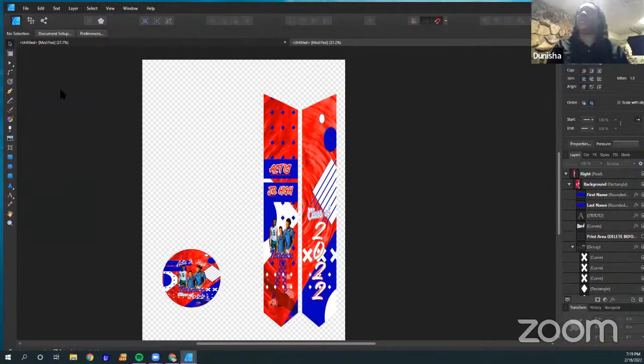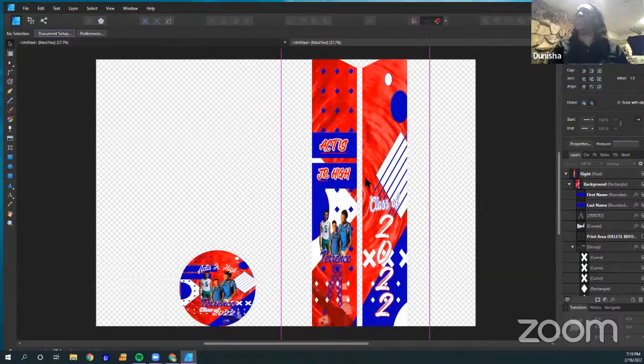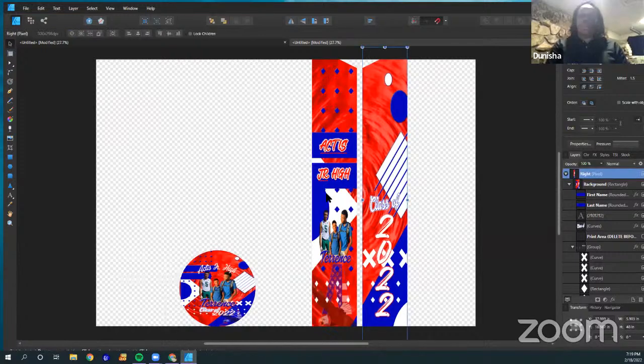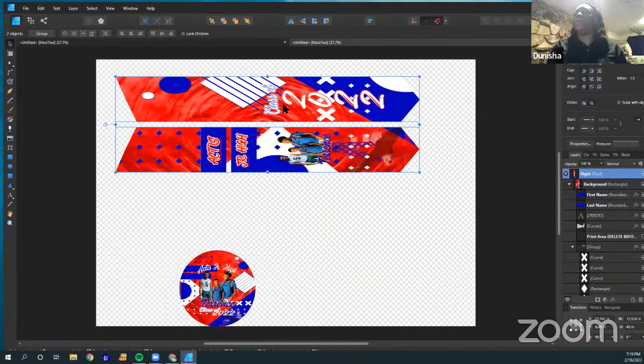And clearly I shut everything off. I need my context bar. I need all of that. So let me turn this page back to horizontal, or let me grab these two, rotate them, because this is the way that my printer sits. So I try to set it up that way.